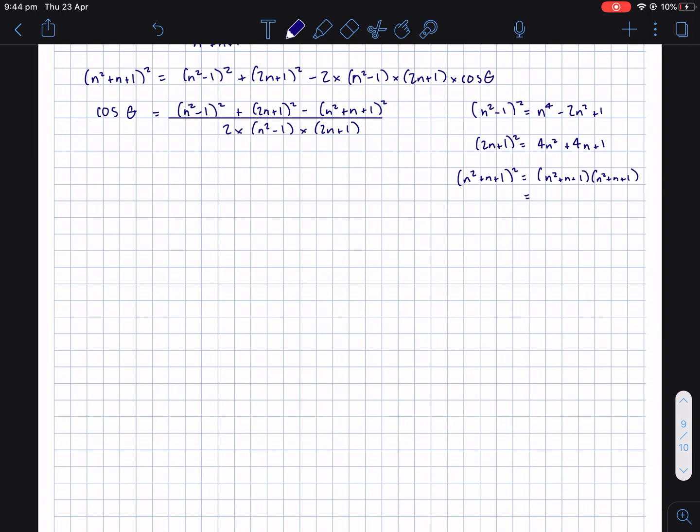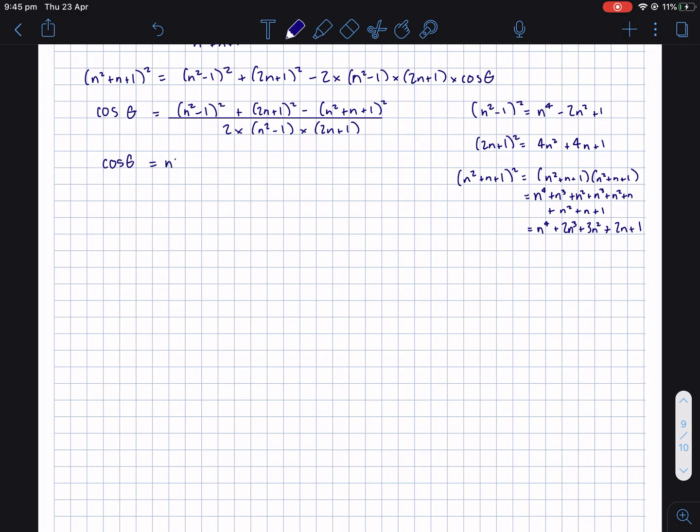So I'm going to get n to the 4 plus n cubed plus n squared plus n cubed plus n squared plus n plus n squared plus n plus 1, which gives me n to the 4 plus 2n cubed plus 3n squared plus 2n plus 1. Okay, which means this thing equals cos theta equals my n squared take 1 all squared